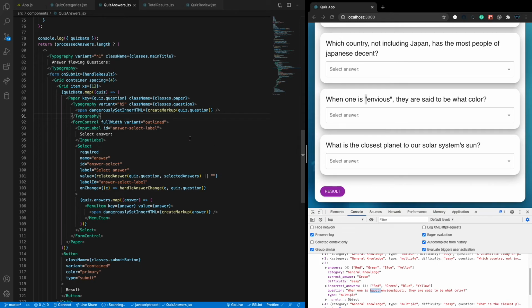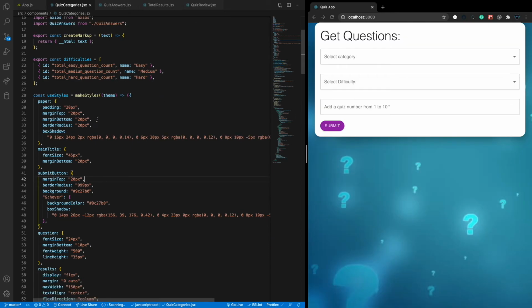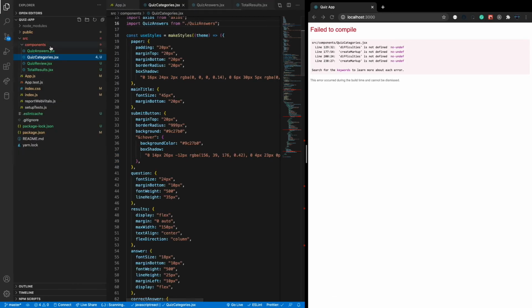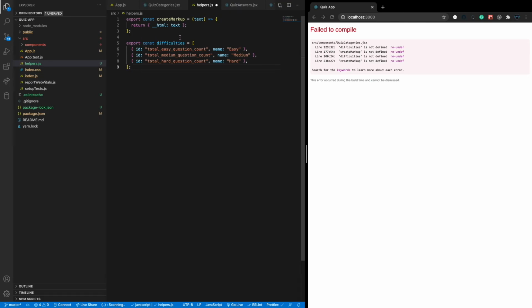And the next step that I also forgot is that we need to refactor this one. Basically, if I just close this one, on this quiz answer or quiz category component, as you see here we have these difficulties and this create markup function. We can cut both of them and create one file to share them across all components. So just outside components, inside src, let's create a file and call it helpers.js, and then inside here paste these two functions and export both of them by adding this export